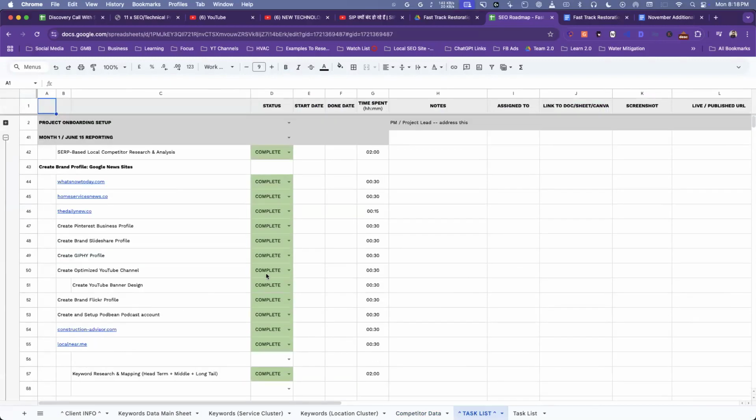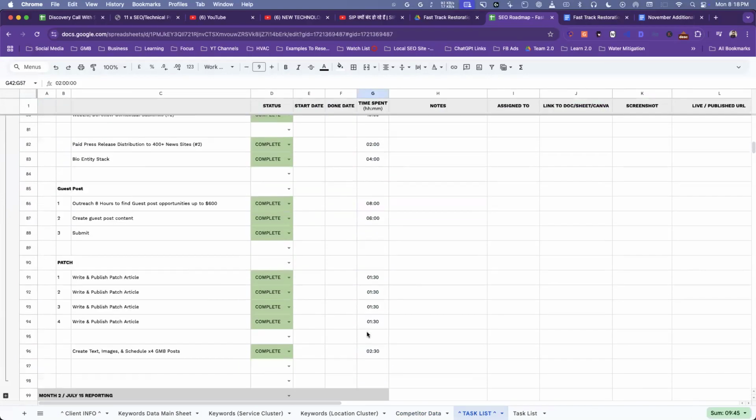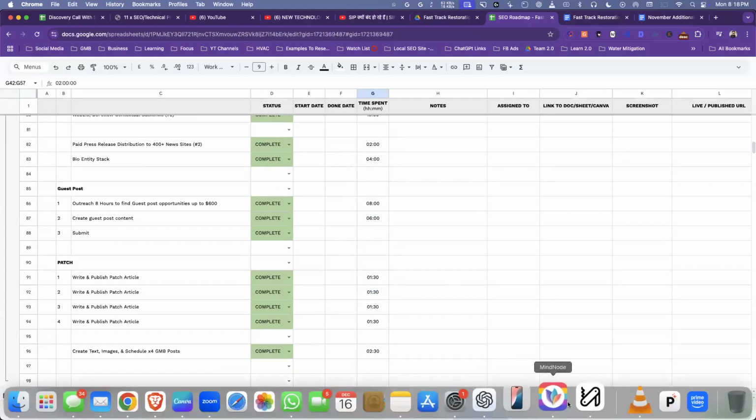What we are going to do, when we are going to do it, how much time this task is going to take. Everything depends on the client, depends on the city we are working on. Okay,